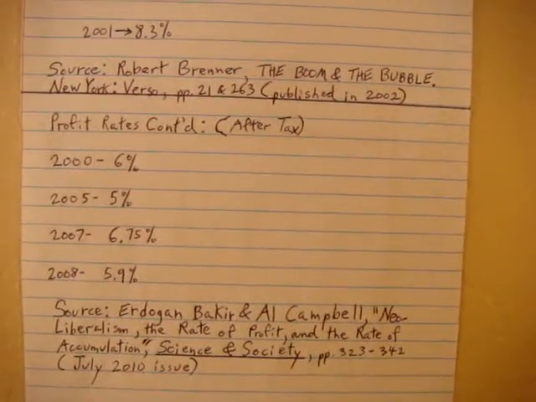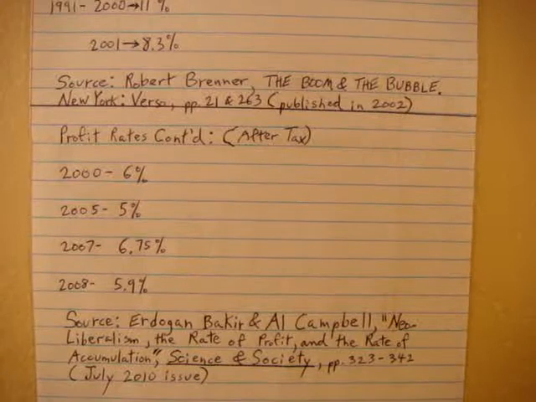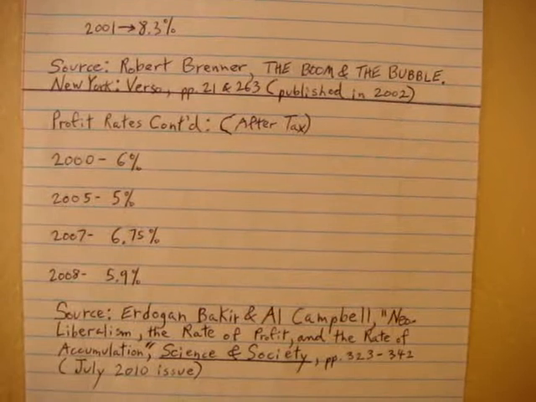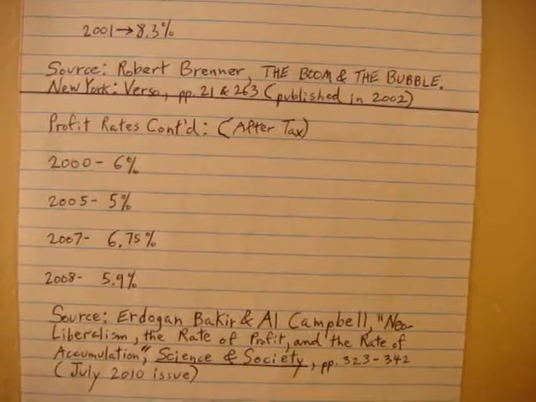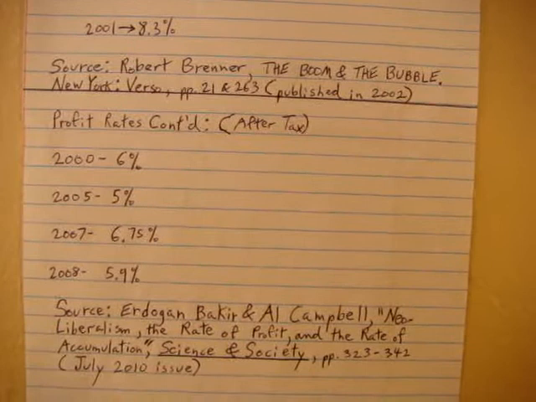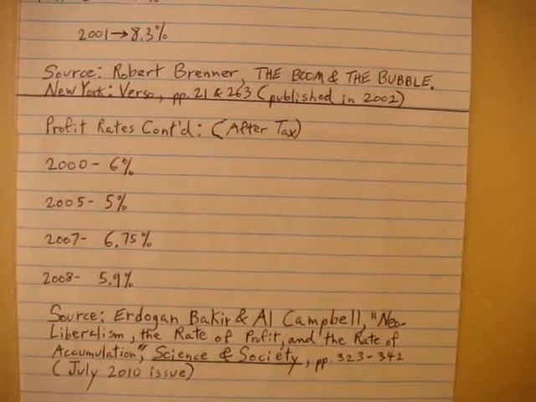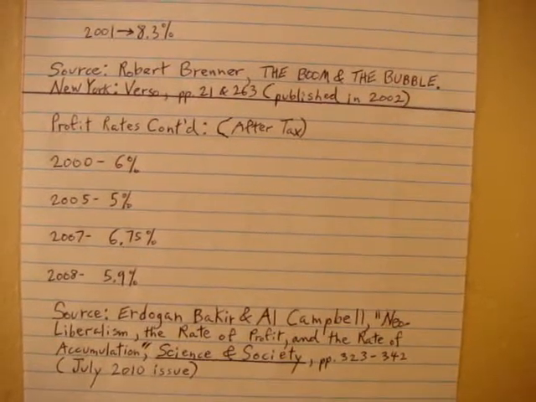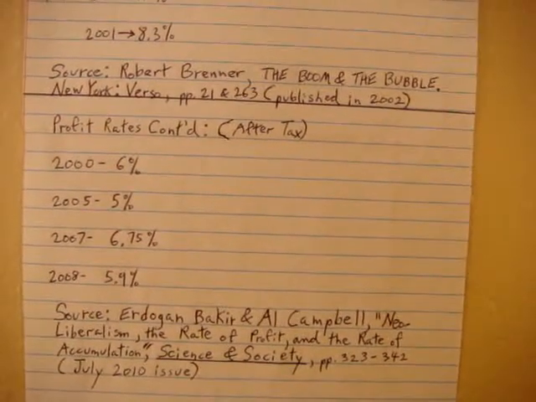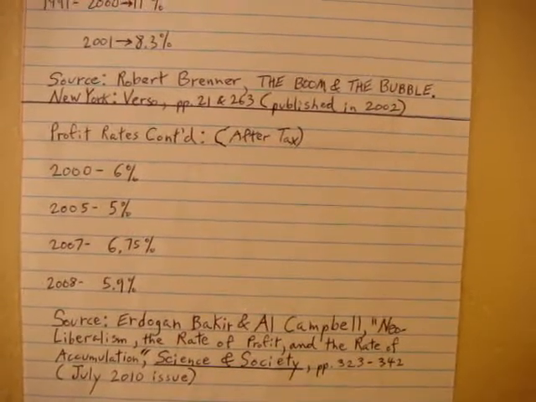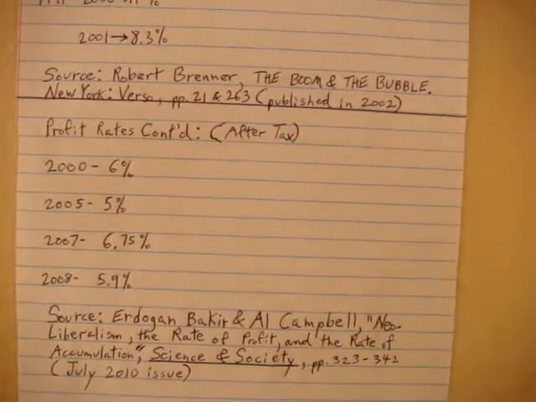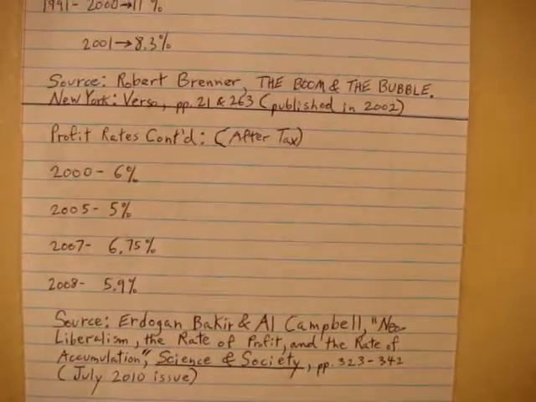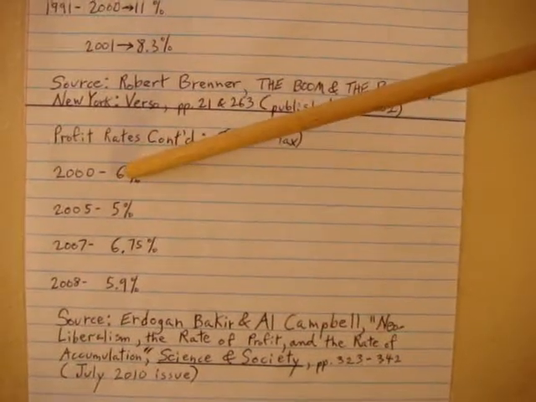But what you have to keep in mind is that the profit rates of financial institutions until this decade that we're in were always much lower than manufacturing and heavy industry. They dealt in interest. Whereas in heavy industry, you might get returns of 10%, as you've seen on the charts, or more. Whereas when you invest in bonds and so forth, you're rarely going to get interest returns that are in the double digits. Nevertheless, you can again see the decline in profit rates of American corporations. In the year 2000, it is 6%, okay?